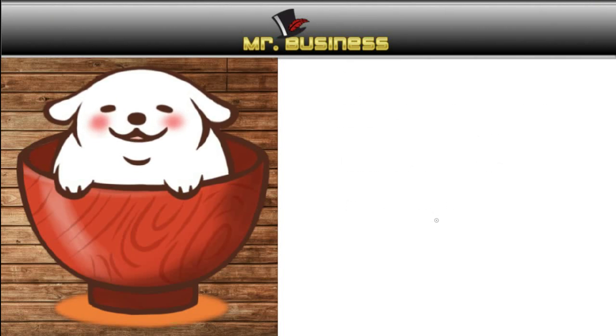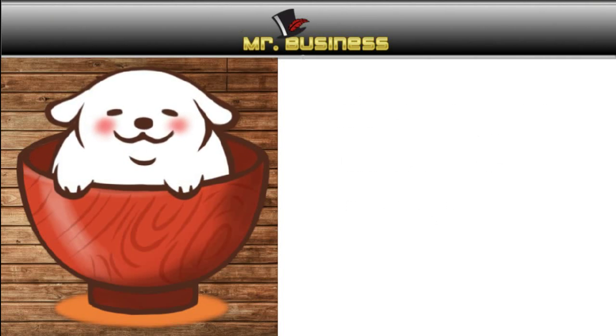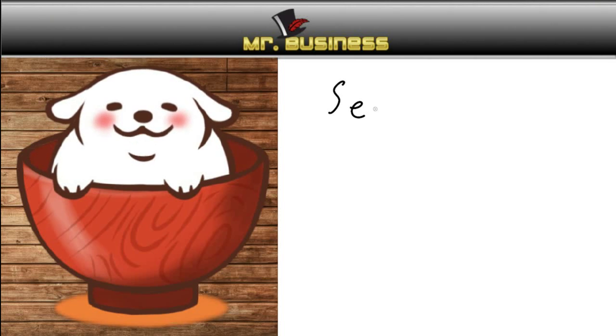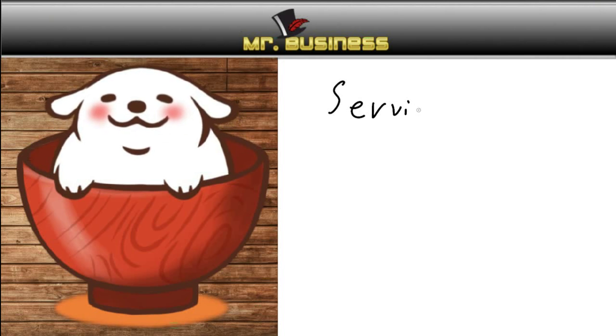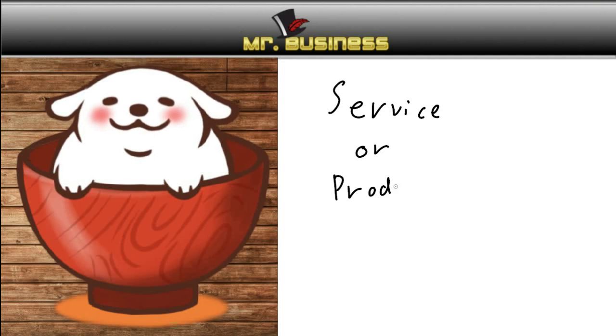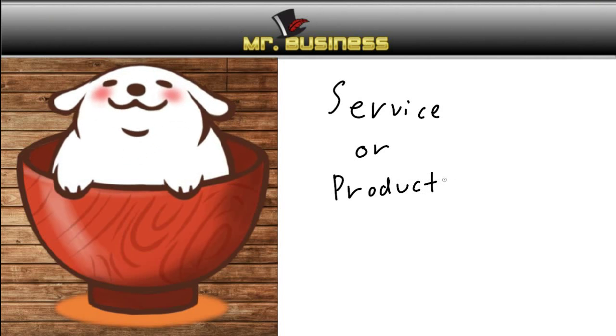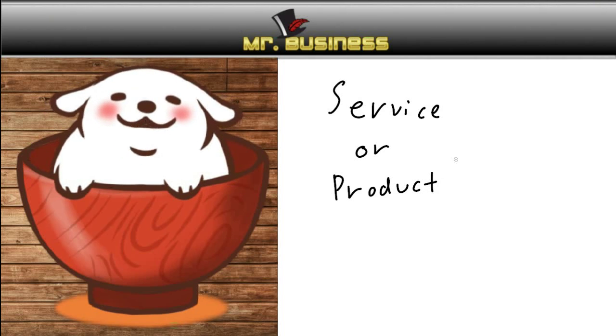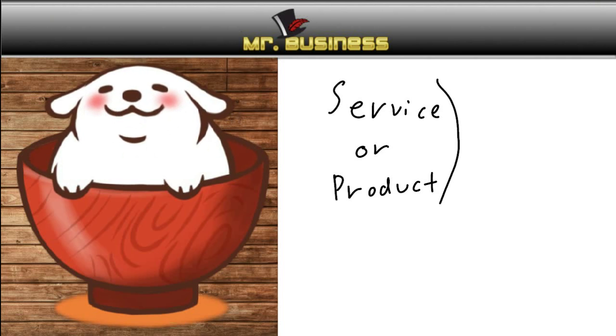Let's see. Let's do one that's going to be really big. All right, we're going to go right here. This is probably the biggest one you should have besides the executive summary. Is going in depth about the service or product. Okay. They want to know what makes your service or product different, and why you're actually wanting to go into this field. Do you see opportunities in there? Is it an emerging field where there's a lot of space we can go into? There's a lot of things we're going to look at.